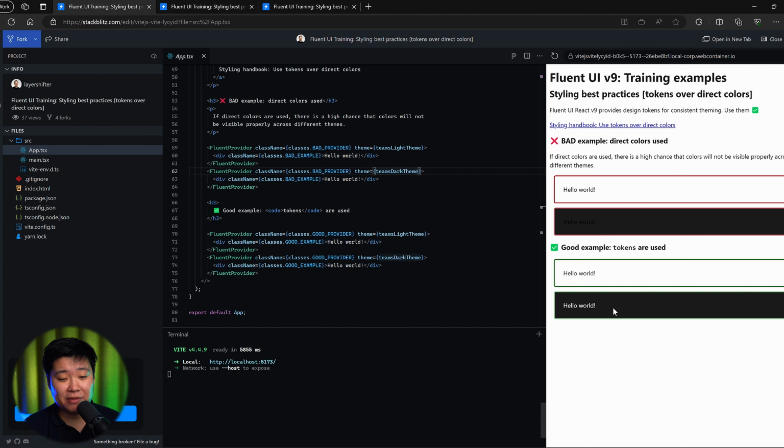But even if you don't use our theme and you define your own theme, it's still worthwhile to make them design tokens with CSS variables. And that's because